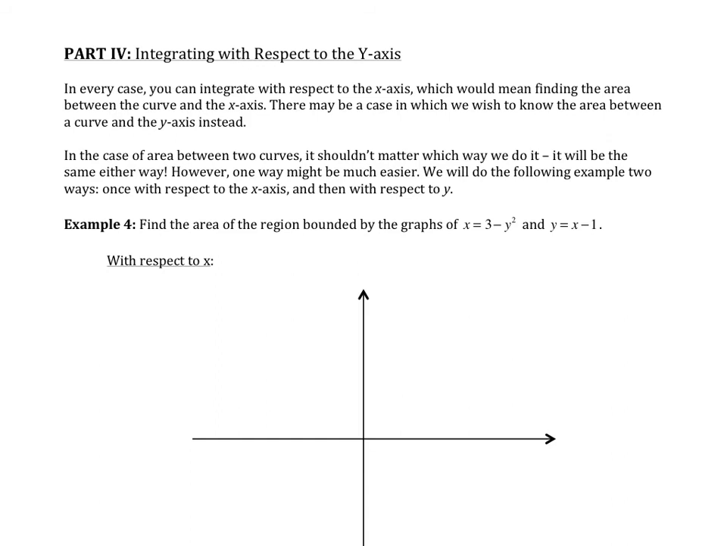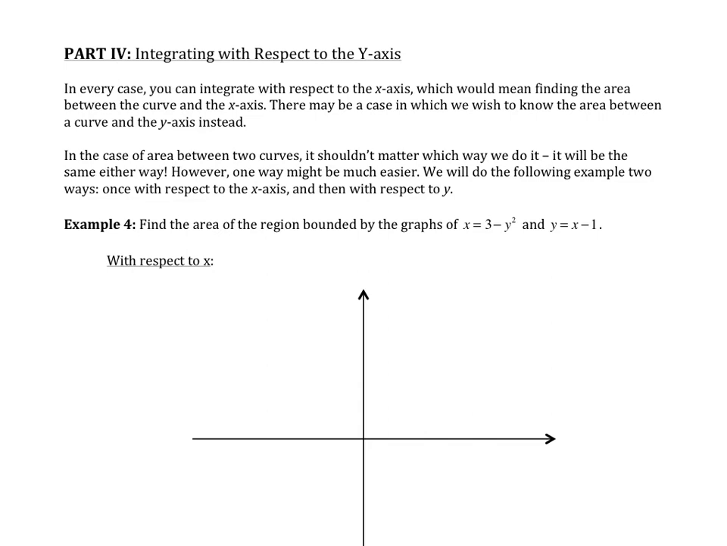However, in the case of area between two curves, area is area. The area enclosed between the two regions is the same, and it shouldn't matter which way we measure, whether we measure with respect to x or with respect to y. However, sometimes it's easier to do it one way versus another. So I'm going to take you through 2 examples. I'll do it first with respect to x, like we would normally do it. Then we'll do everything with respect to the y-axis, and you'll see that it's actually easier doing it with respect